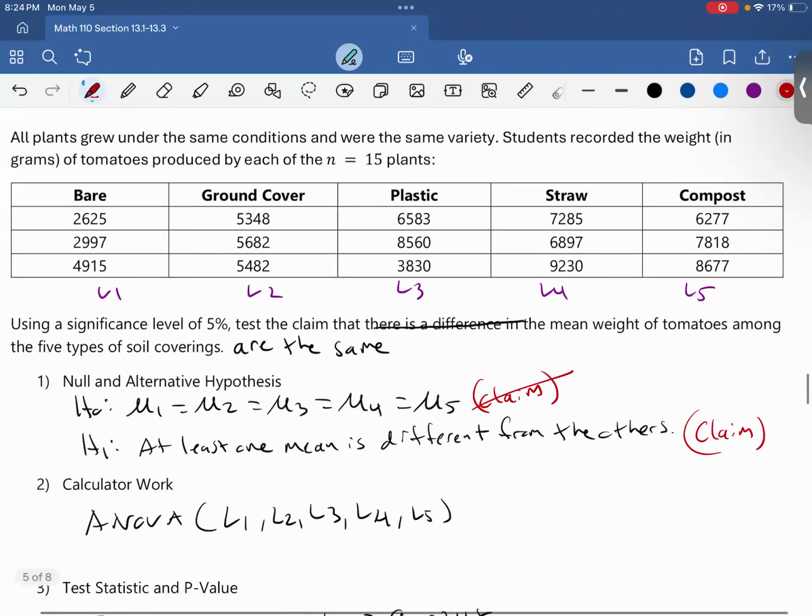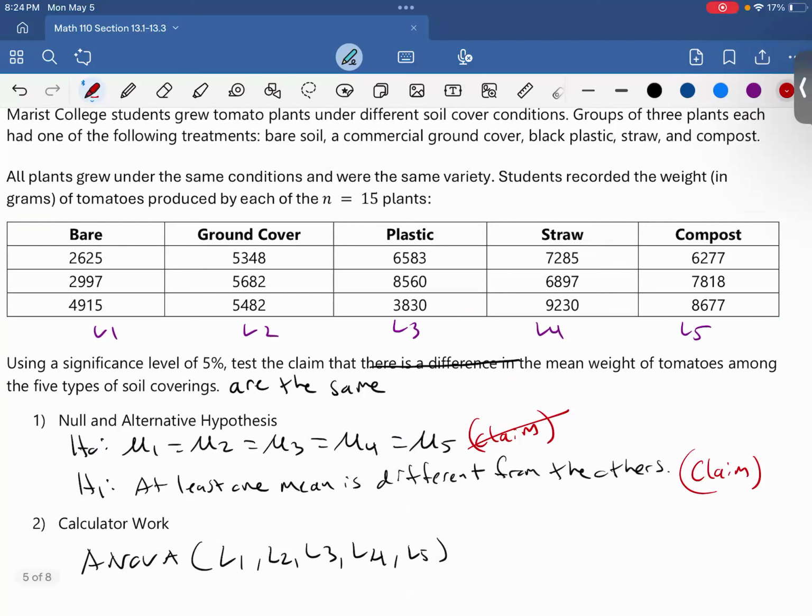So just in case you want to try it like that, but for the sake of consistency, we're just keeping our null the claim. But let me go ahead and backtrack this a bit. But other than that,